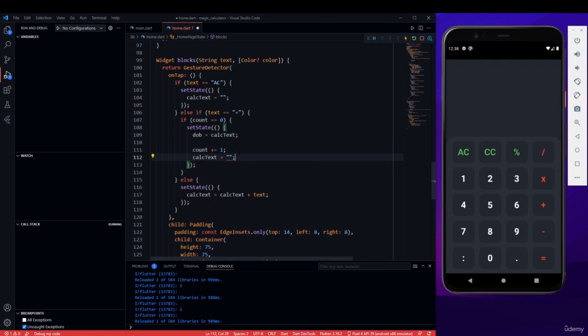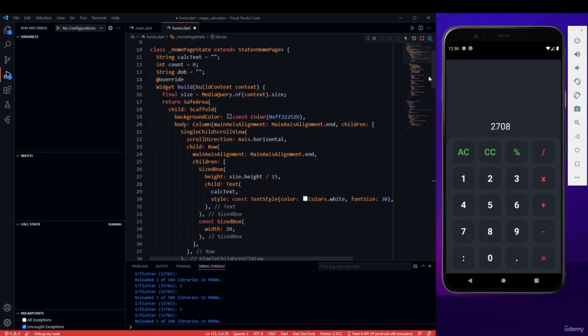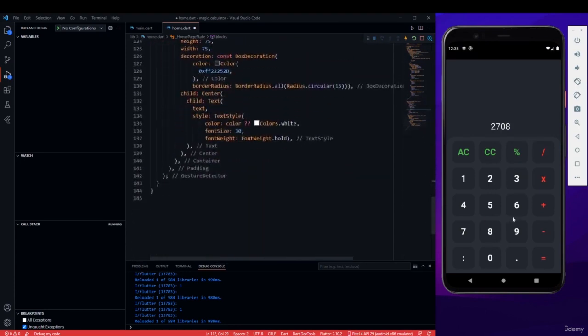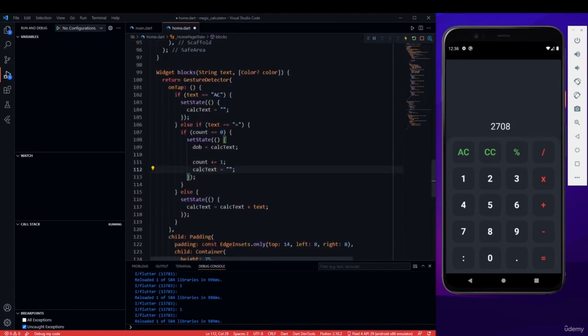Now pause the video here and try to understand what just happened. If you guys did not understand, let me explain you. So what happened is, first I will write my date of birth. Okay, let's say I write 2708. By default, the count is 0. Okay, so if I press the equals to button, which means that this loop will activate and it will check